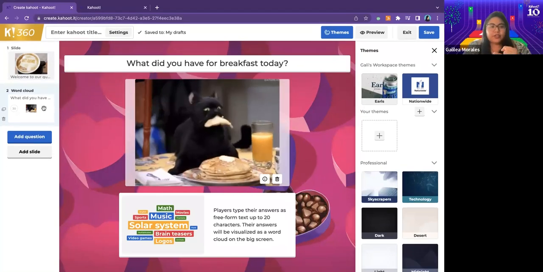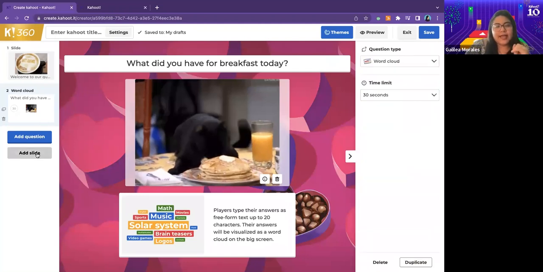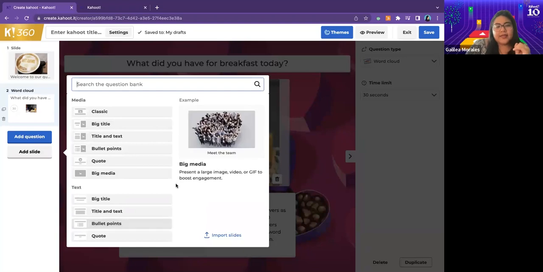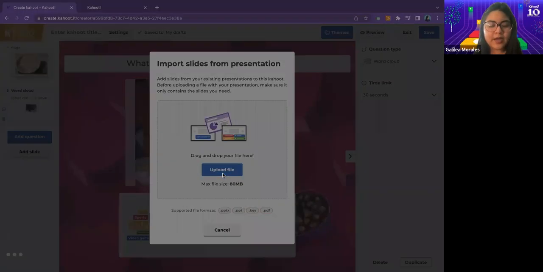We've created a question from scratch. Last thing I'll show you is how to import your own slides. So we're going to go ahead and click the add slide button again, and then we're going to go ahead and click import slides from right here. When you click import slides, you can upload your file directly to the Kahoot platform. I do have a sample